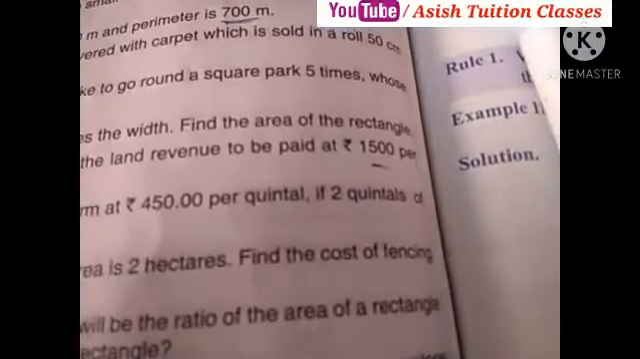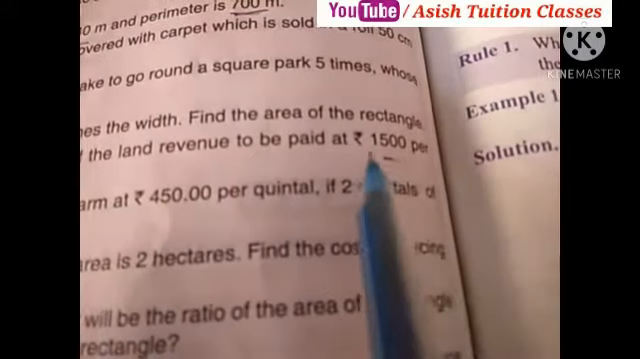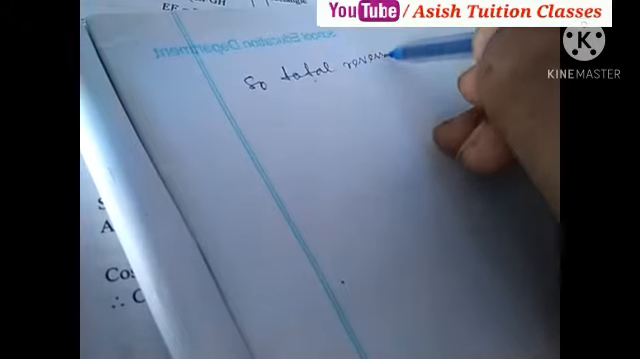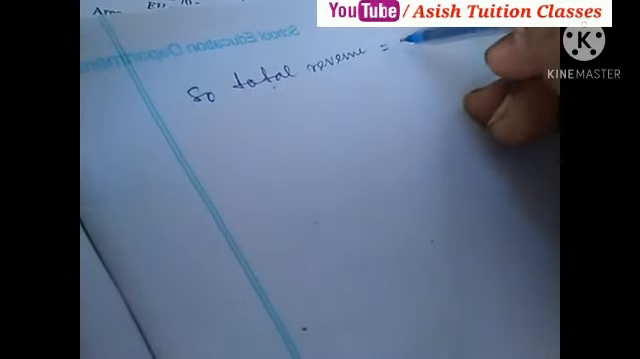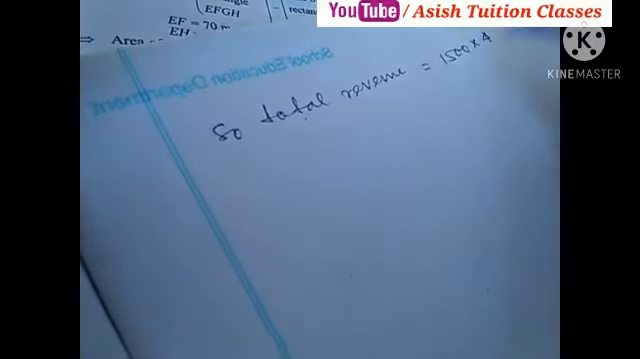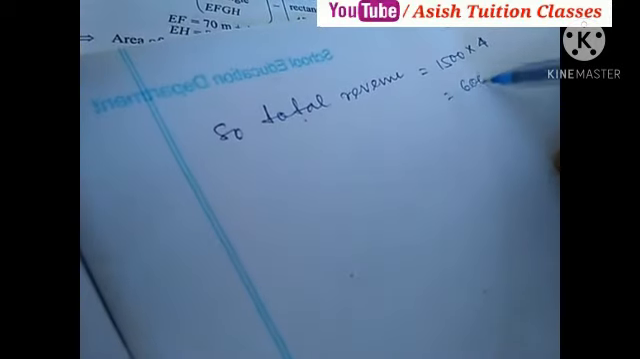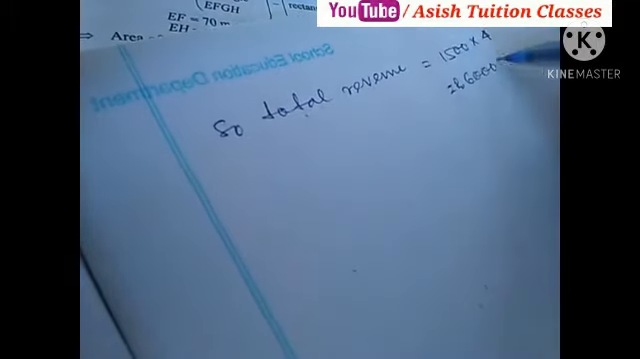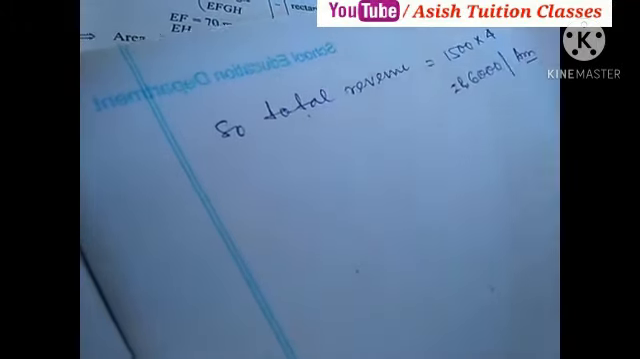Now revenue per hectare paid is rupees 1500. So total revenue will be equal to 1500 into 4. This means 6000 rupees. This will be the answer, total revenue. Next,